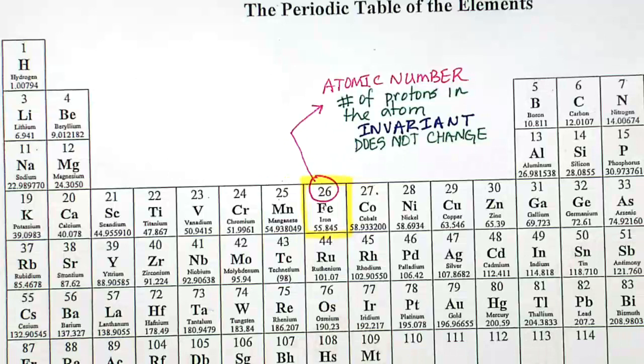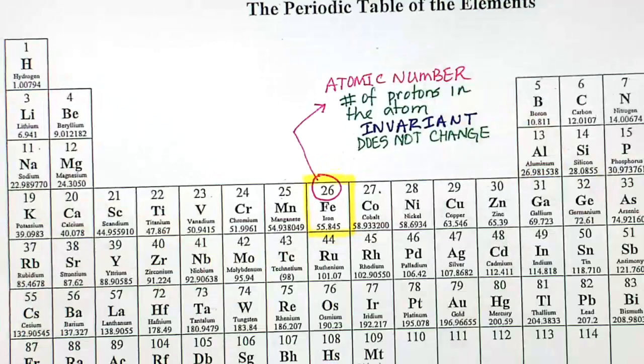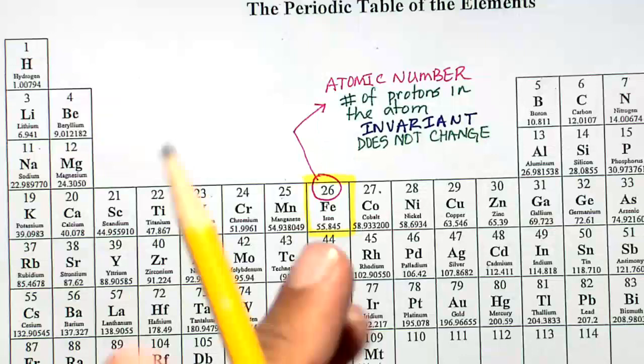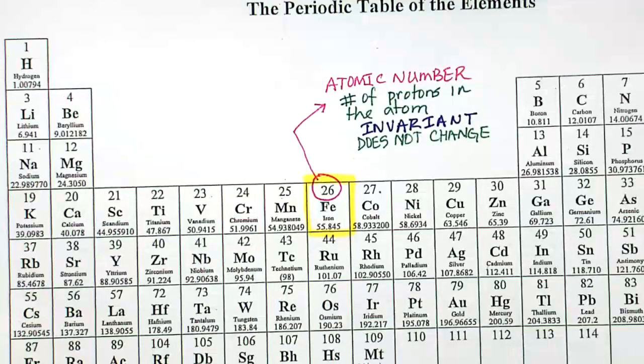So how many protons are in copper? What happens if it's 30? Will copper have 30 protons? No. If I change to 30 protons, I don't have copper anymore. I have zinc. So that atomic number is like your roster number on an athlete. It does not change. We associate 26 protons with iron. So the next thing I want to tell you is